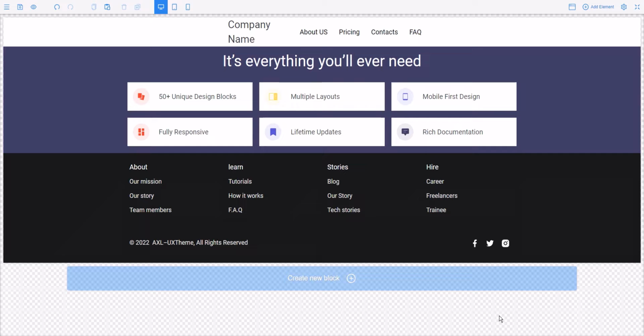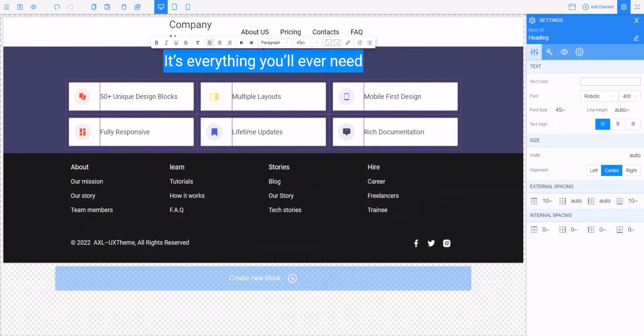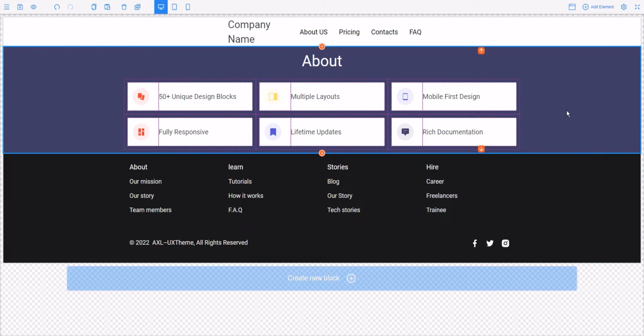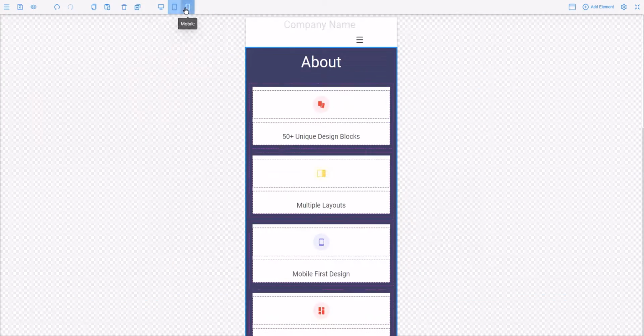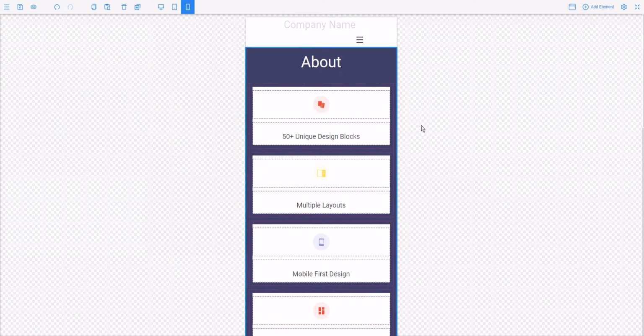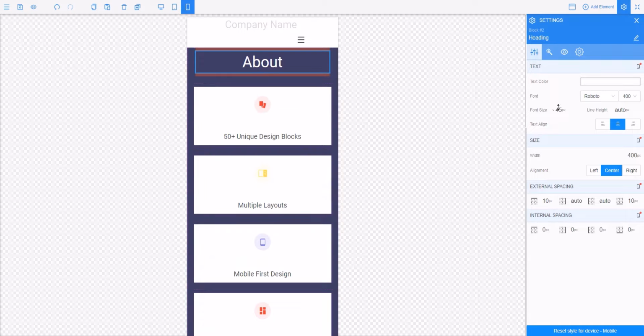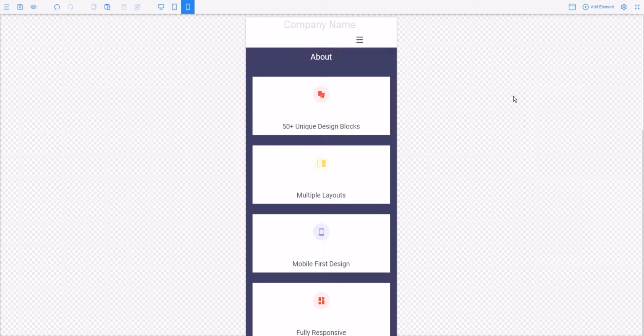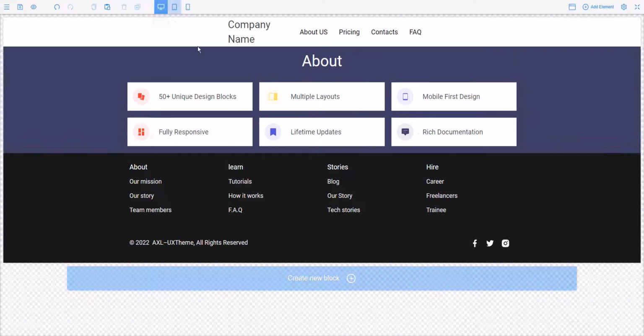The page frame is ready. Now we need to change the title. To do this, simply click on the title text, select it, and write the one we need. You can immediately see how the page will look on a PC, tablet, or smartphone. For example, on a smartphone, we don't like that the header is too big. We go to mobile mode, click on this header, and reduce its size. This rule only applies to the mobile version, and on the tablet and PC, the text size will remain the